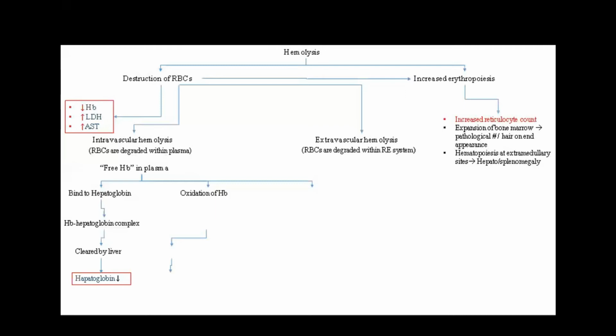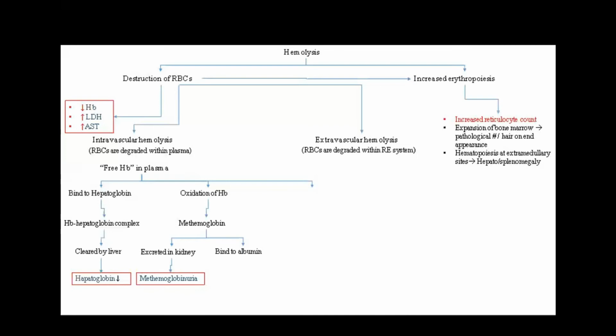Second, hemoglobin contains iron in the ferrous form, the 2+ form. If it is free in the plasma, it gets oxidized to the 3+ form. Hemoglobin containing iron in the ferric form is known as methemoglobin. So it will lead to the formation of methemoglobin, and this methemoglobin can be excreted through the kidney. If methemoglobin is excreted in the urine, it is known as methemoglobinuria, meaning methemoglobin in the urine can be one of the findings.